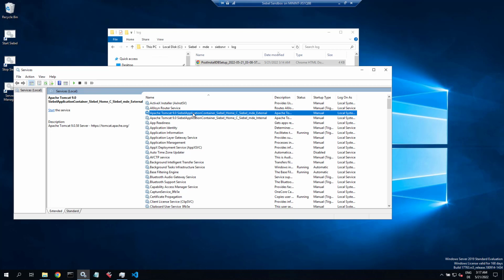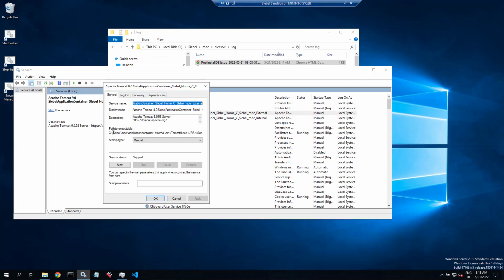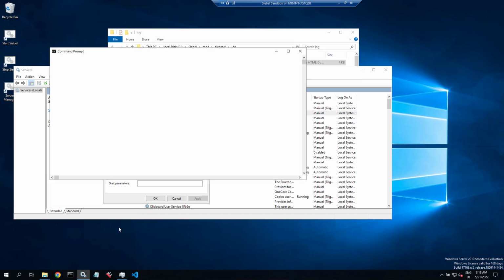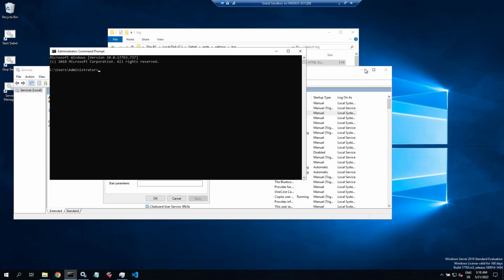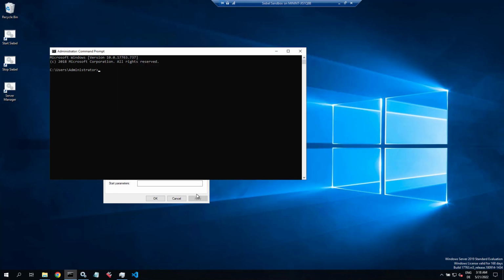It was installed on 22.4. And to finalize the update of the Siebel server here on this Windows machine, we need to reconfigure, or actually configure the new Apache Tomcat services. So you copy that path from the service,